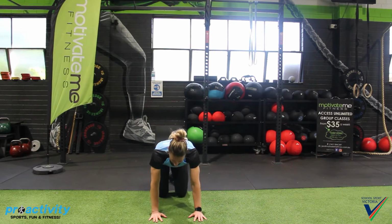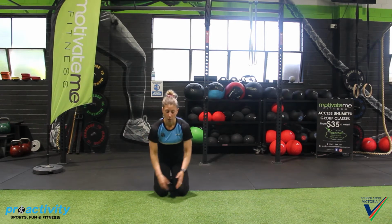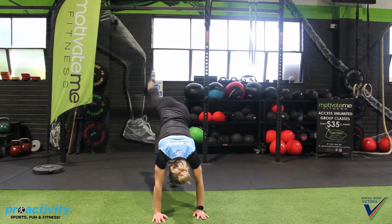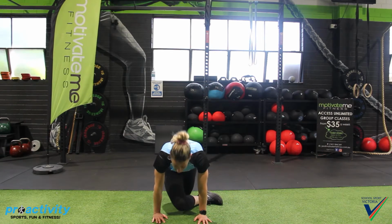All right, drop to your knees. Okay. The next little exercise we're going to do is a pigeon pose, or as I would just say to my guys, it's the way we stretch, a good way to stretch and open up through your hip. So, downward dog, pressing up, push through. We're going to kick that leg up, and then this knee is going to come through to the front,